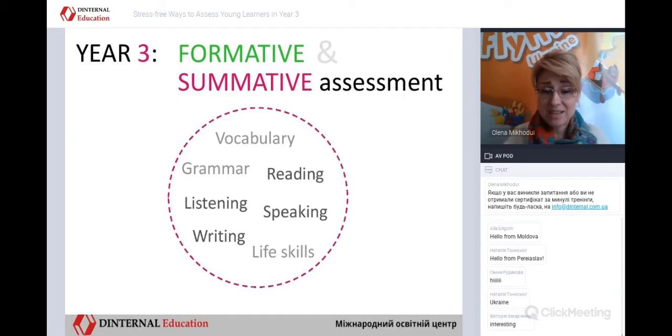We can't ignore that. It's a big part of the new Ukrainian educational reform. So these 21st century skills and so on should be a part of our lesson plan. So we teach them a lot. It means we should be able to assess a lot, and we should know some ways, stress-free, hopefully, how to